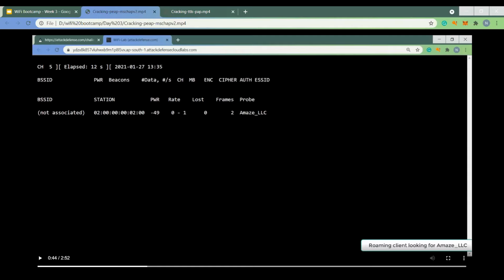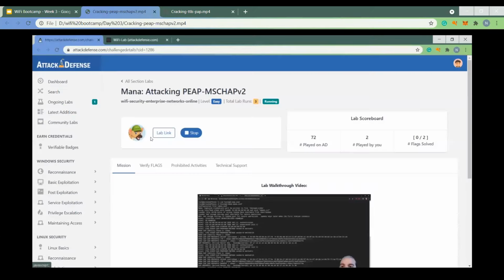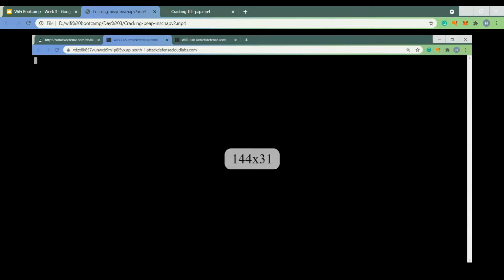So this is a client only attack, right? You are only going to attack clients when it comes to enterprise attacks. You are not going to attack access points. So you have a client here. Now what you can do is create a honeypot, and then you can make this client connect to your honeypot, and then you can try to steal its